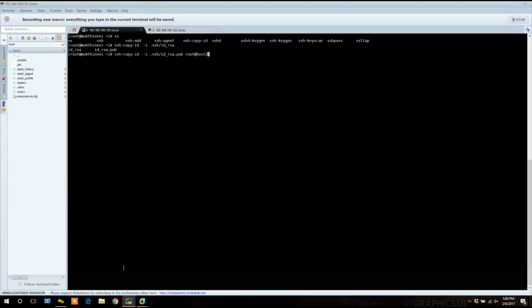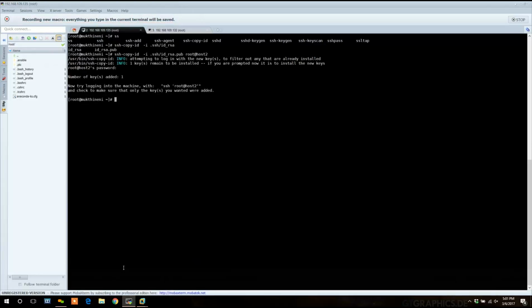So you have to give this command. It will ask for the password the first time. Now run the previous command again, ssh root@host2. So without a password, it logged into the remote machine.